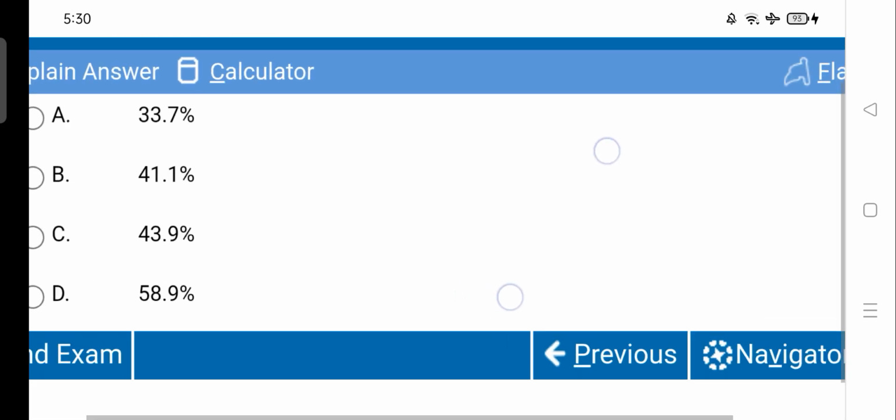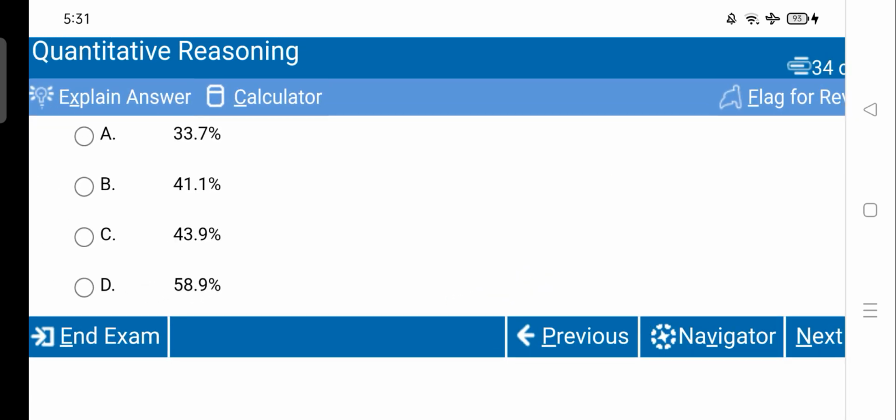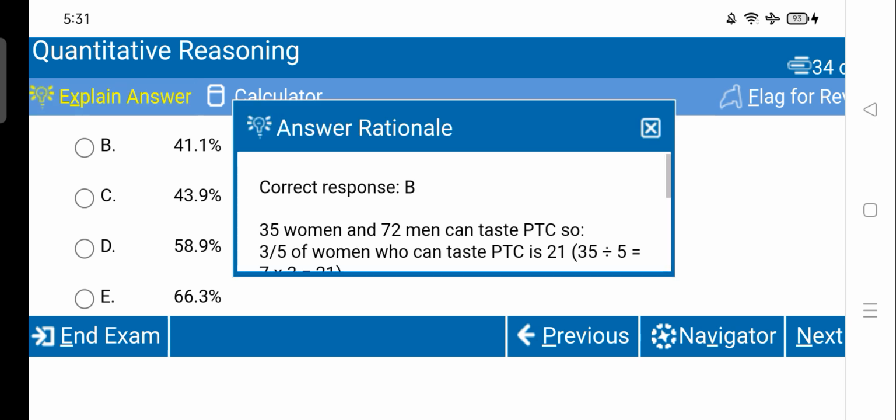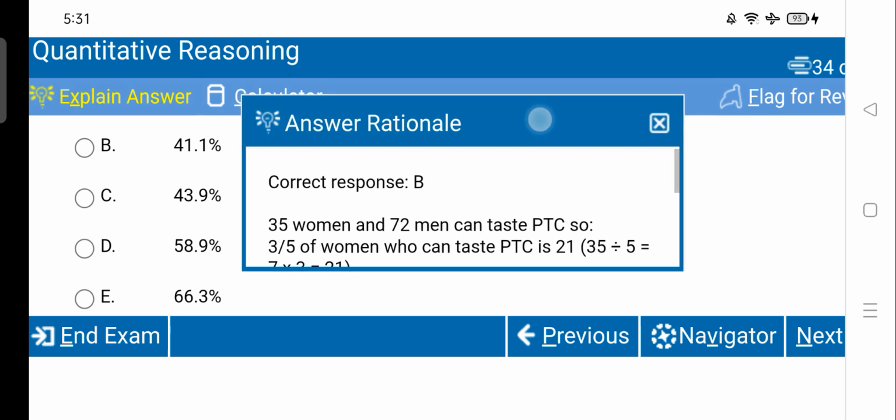Option A, 33.7%, option B, 41.1%, option C, 43.9%, option D, 58.9%, and option E, 66.3%. So the correct response is option B,